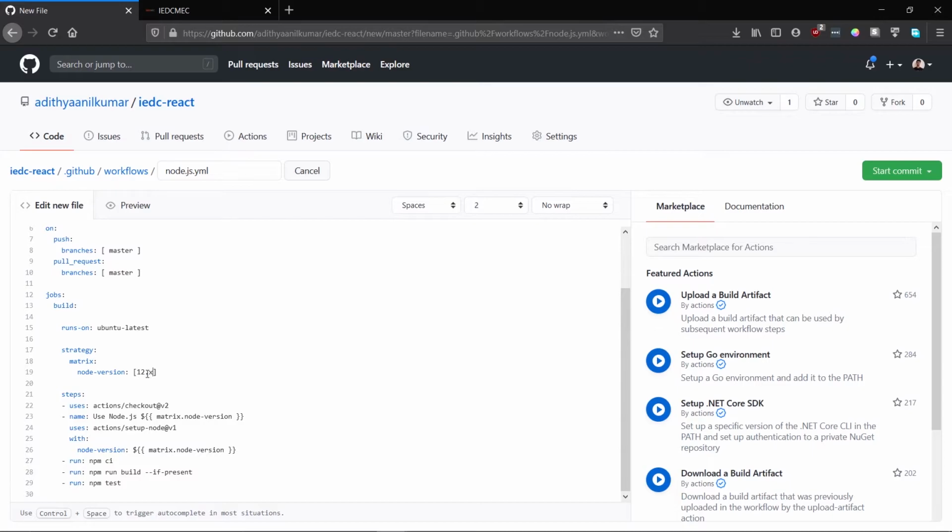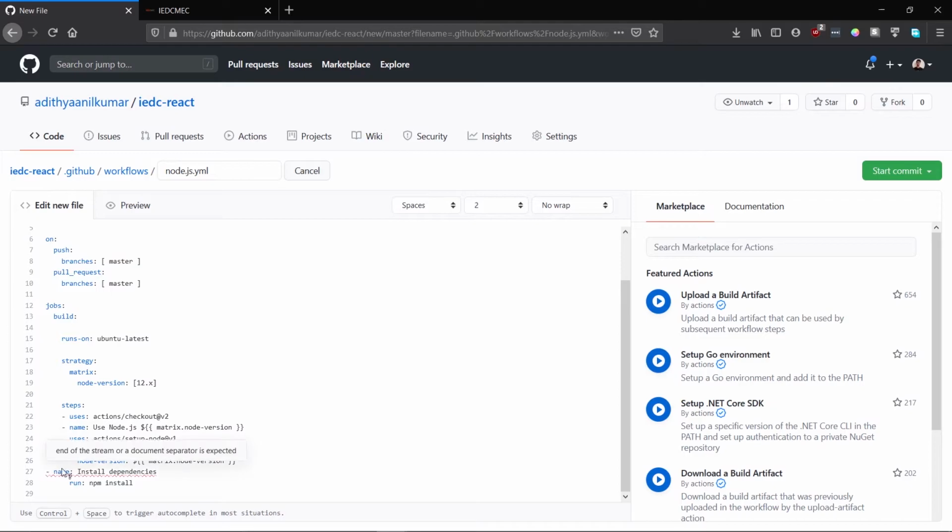Now we are going to modify this script to deploy our React page on our GitHub Pages every time a change is made. So how do we do that? Firstly, we have to install all dependencies. So in order to do that, we'll run the command npm install. So we'll clear this and replace it with npm install. This will install all the dependencies of our repository.